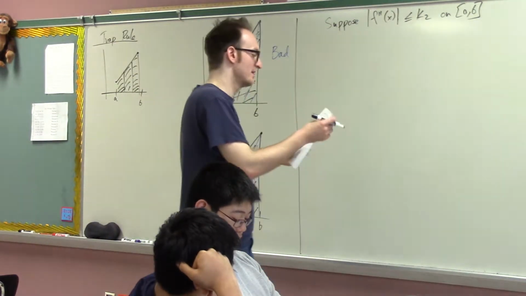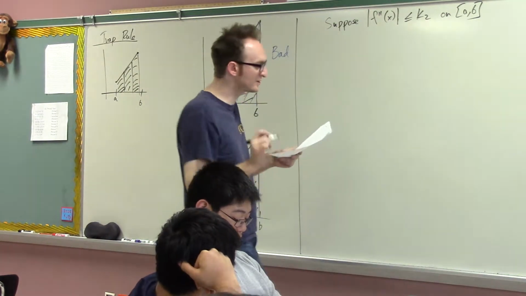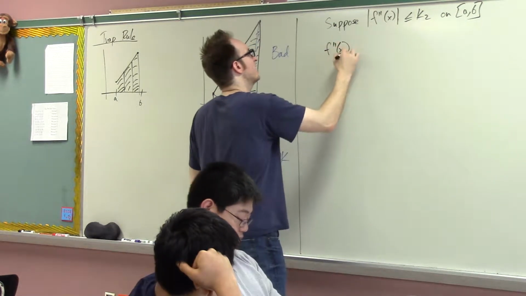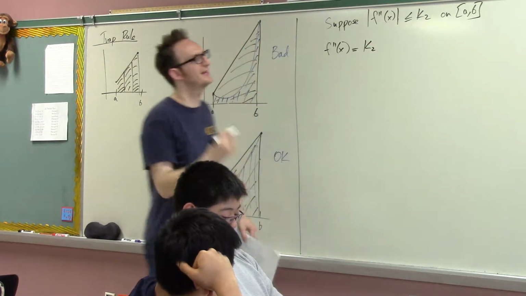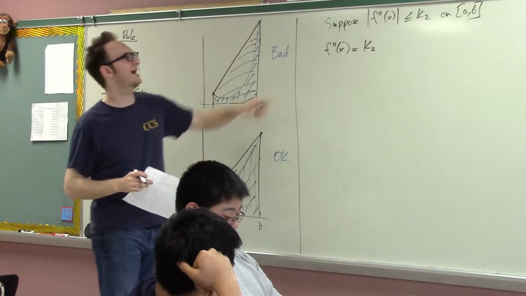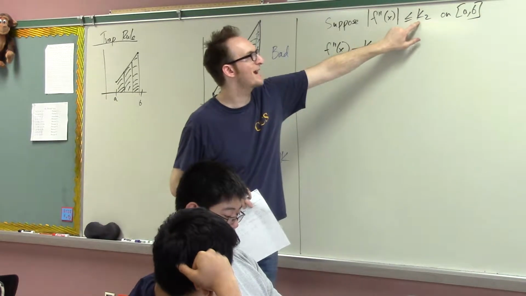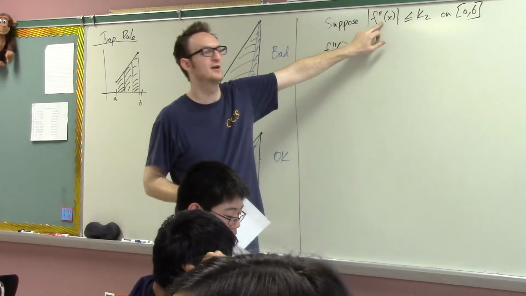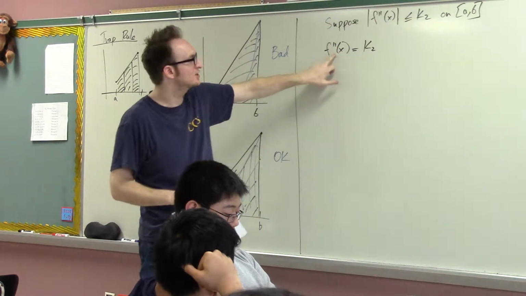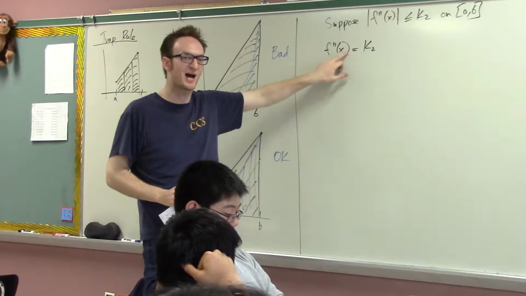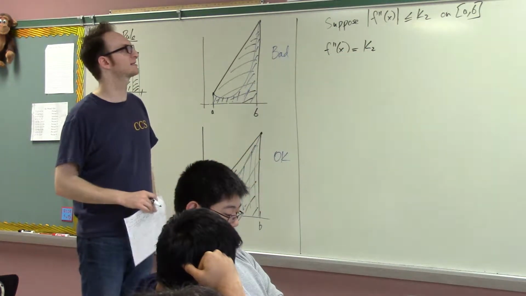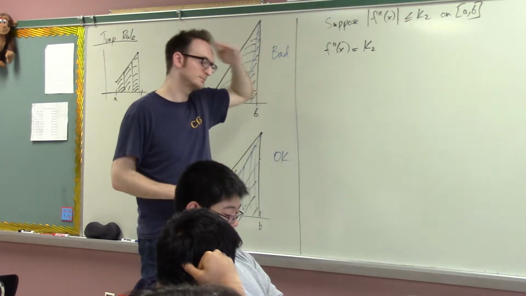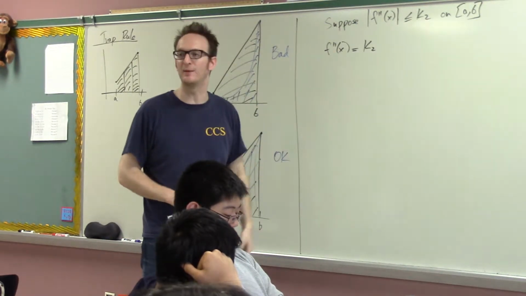Yes, exactly. The most possible error is going to result when the function's second derivative is just K2. If you're telling me this is the maximum speed at which you're allowed to change your derivative, then if your derivative is actually changing at exactly that speed for the entire time, that gives the most error. Maybe think about it in terms of an acceleration problem, right? If f is position,